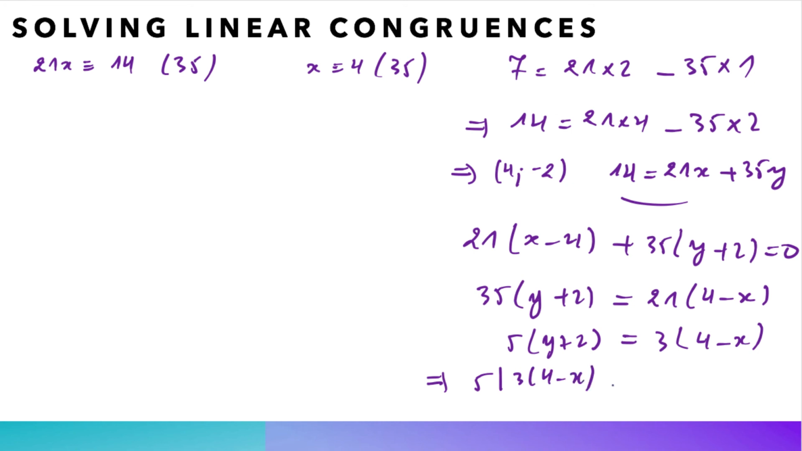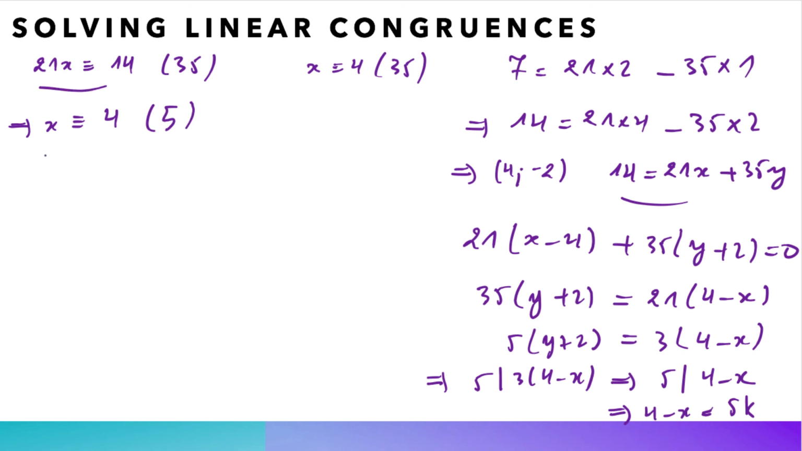which means that 5 must divide 3 times (4 minus x), and by the Gauss lemma, we can deduce that 5 divides 4 minus x, and this is because 5 and 3 do not share any common divisor except 1, and this means that 4 minus x is of the form 5k, or equivalently, if I write things down here, that x must be congruent to 4 modulo 5. So if x is a solution to this, then x must be congruent to 4 modulo 5, which means that the solutions to this equation here are x congruent to 4, or x congruent to 4 plus 5, which is 9, or x congruent to 9 plus 5, which is 14, or 19, or 24, 29,